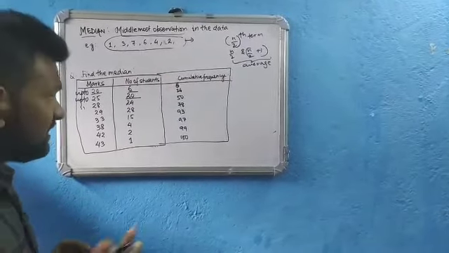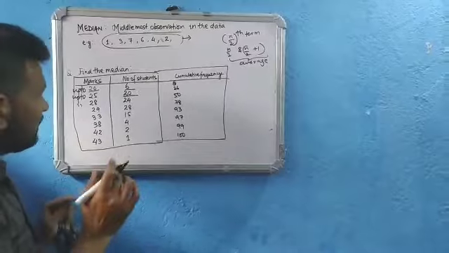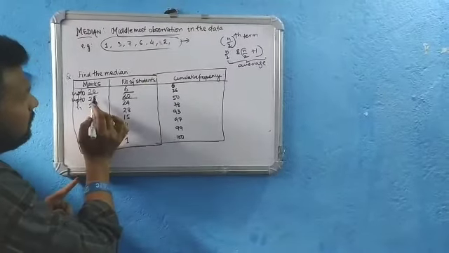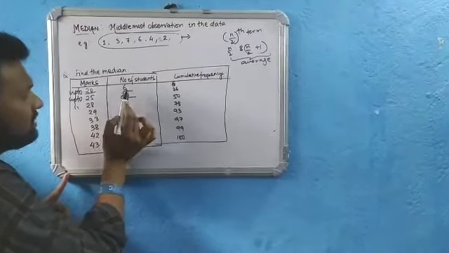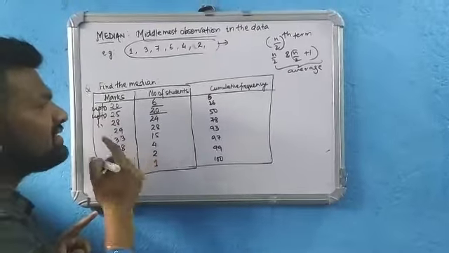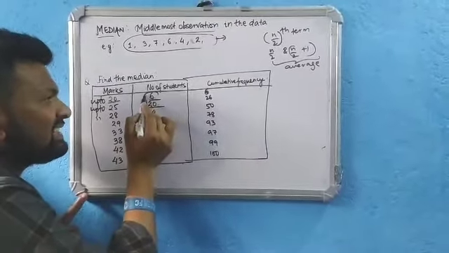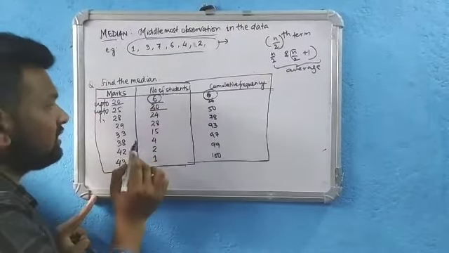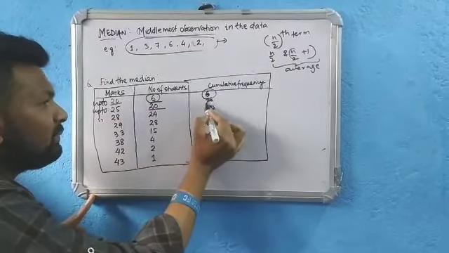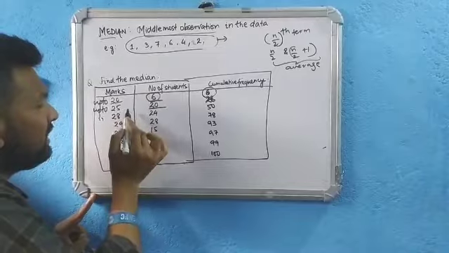Now what does this signify? This signifies the fact that it's very simple. Up to 20 marks means 0 to 20. Up to 20 marks was scored by 6 students. Fine, 6 students. But up to 25 marks was scored by